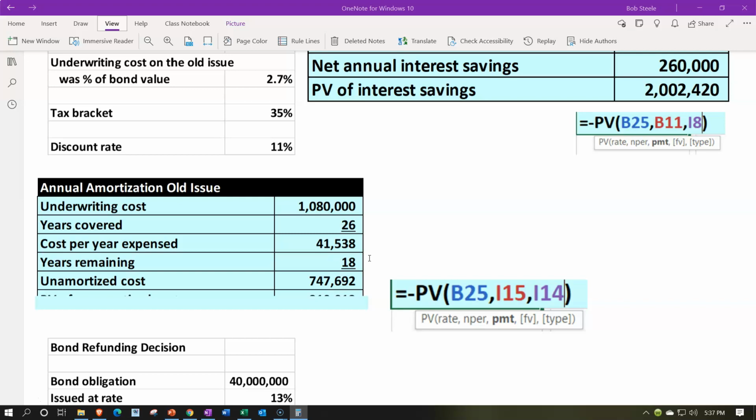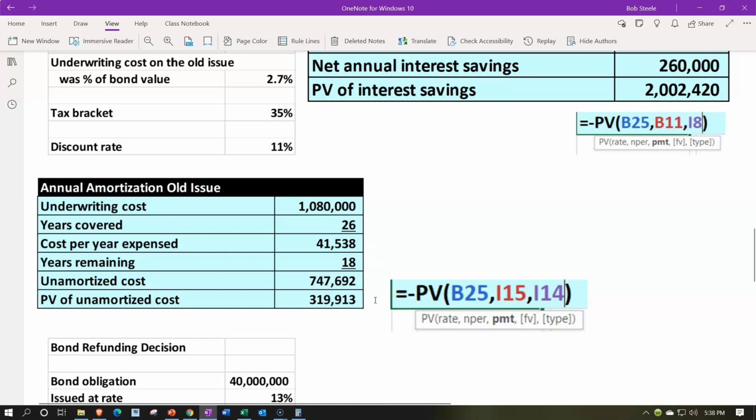You might think there is no difference because the dollar amount will be the same, but there's time value of money if we were to think about this one taking the deduction over 18 years versus this one where we get the deduction up front. So we'll take the present value of the rate, which is going to be the 11%, and the number of periods, which is 18, and the payment we're looking at is this 41,538. So again, if I was to take that 41,538 times the 18, I would get to this 747,692 about. But if I take that 41,538 and I present value the annuity, I'm going to get to something less, and that's going to be the